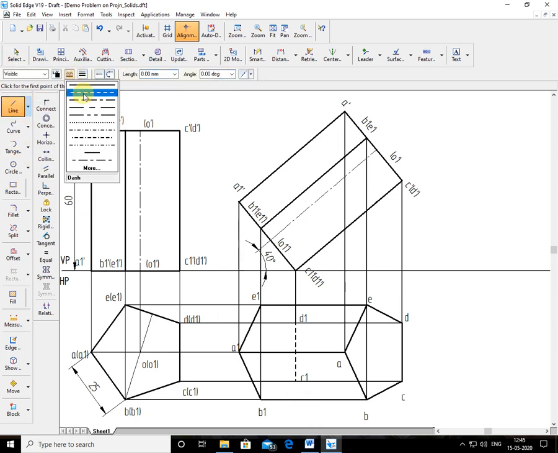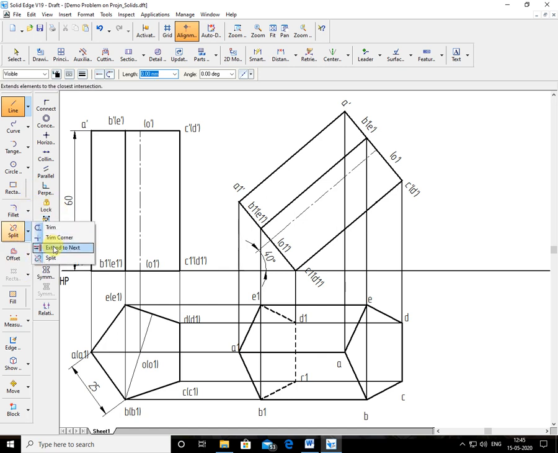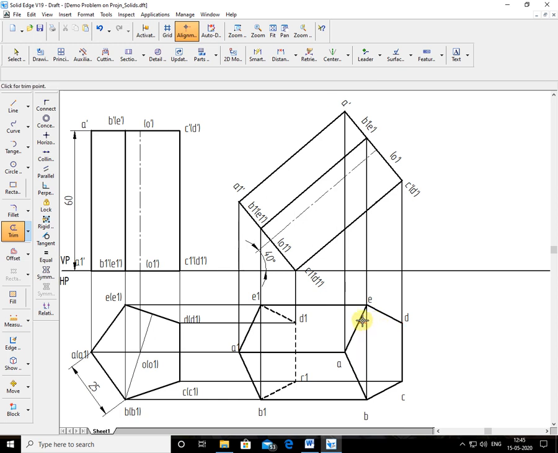I'll join from here, this is 1 mm thick. From here to here it is 1. From here I see corner D1 is also not seen. That means from here to here it is also hidden. And this I'll trim. This portion, if you don't trim also, no problem. Here I'll trim this one because this is the projector. I'll make it a hidden line, or you can convert that line to hidden also. Rather than wasting time here, you can convert also. So this is the view.